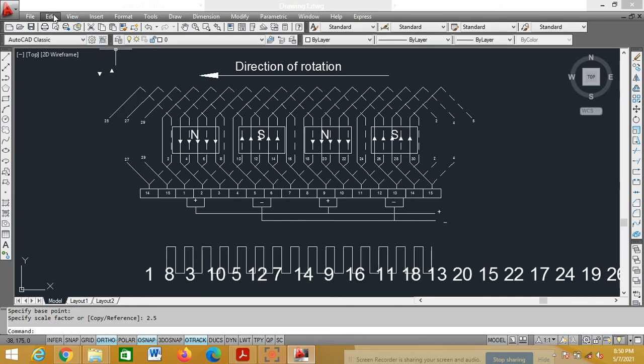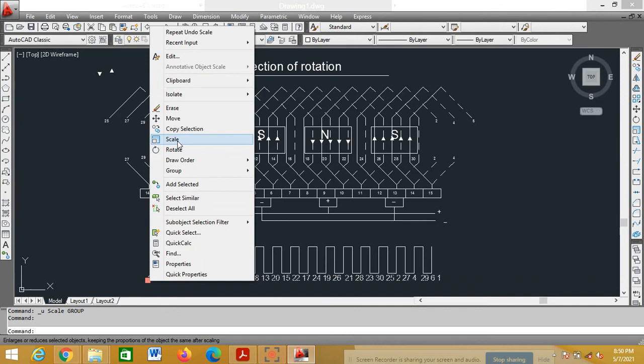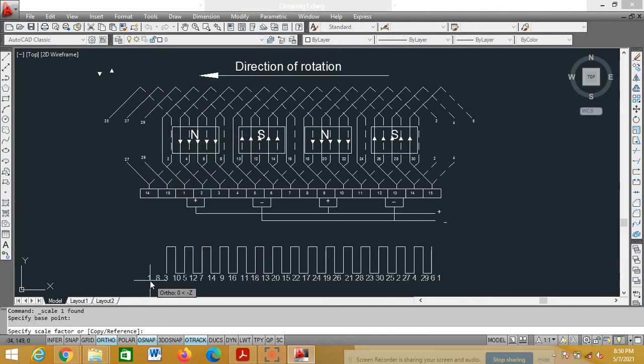So you have to reduce. This is trial and error. You can reduce that. Keep it 0.5, enter. Now see, just adjust this.